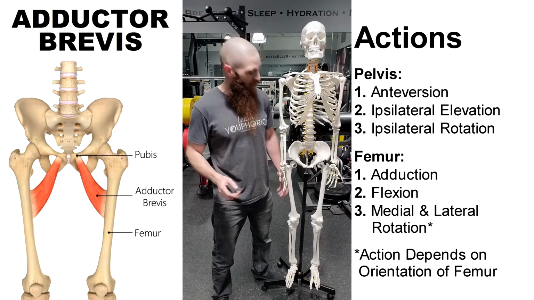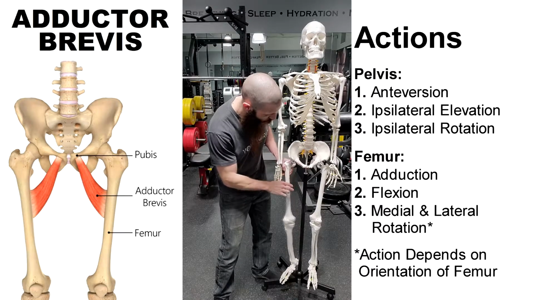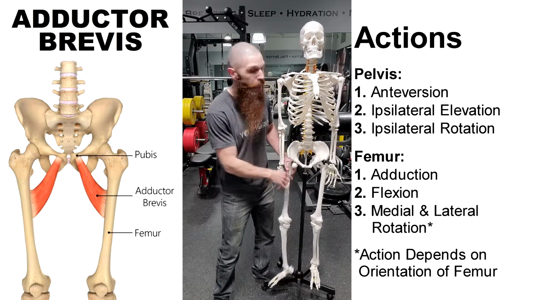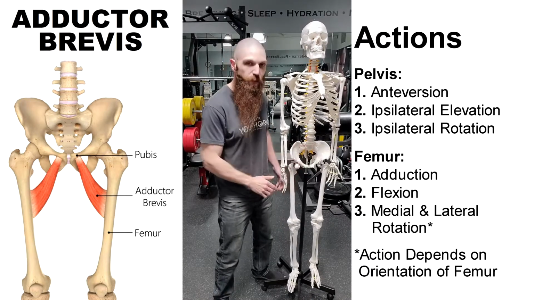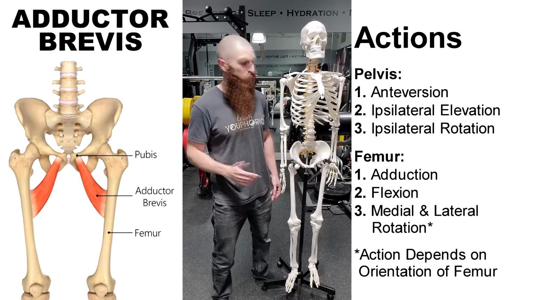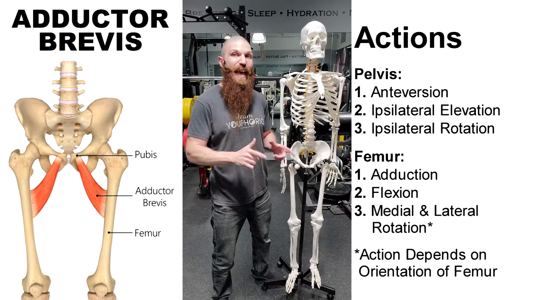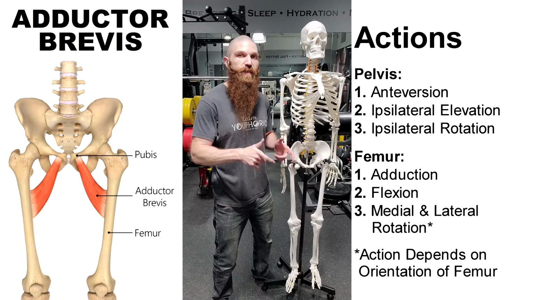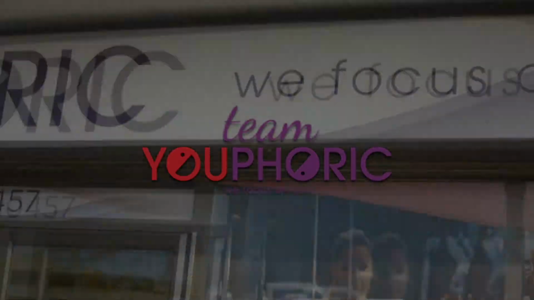The adductor brevis attaches from the inferior pubic ramus and the proximal portion of the linea aspera. And because it crosses both the pelvis and the femur, we know it's going to have actions in both of those areas. At the pelvis, its main action is going to be anteversion of the pelvis or anteriorly tilting the pelvis. And then it's also going to